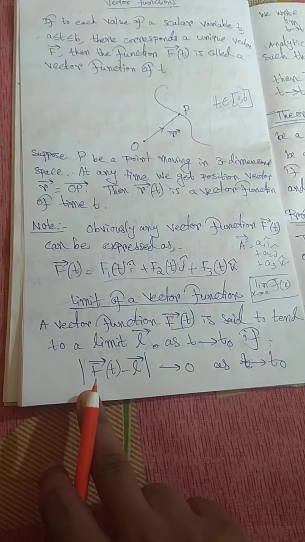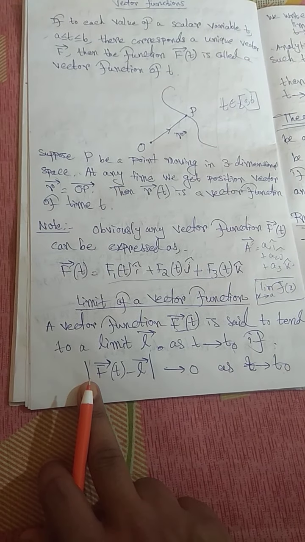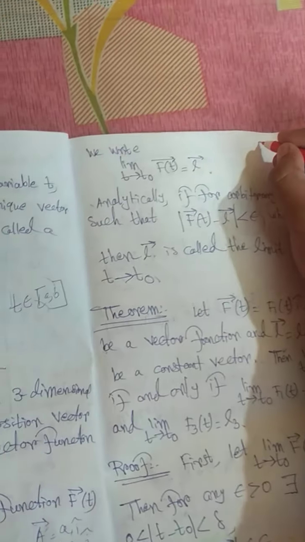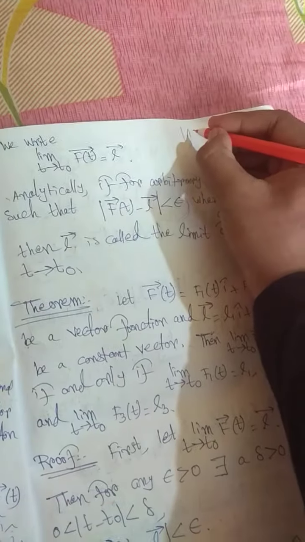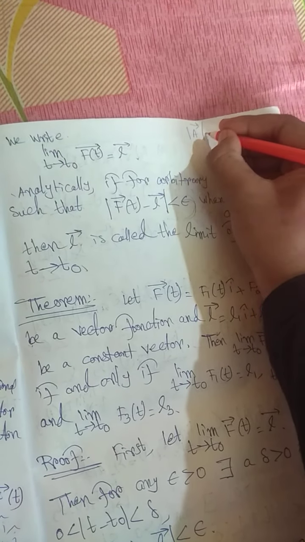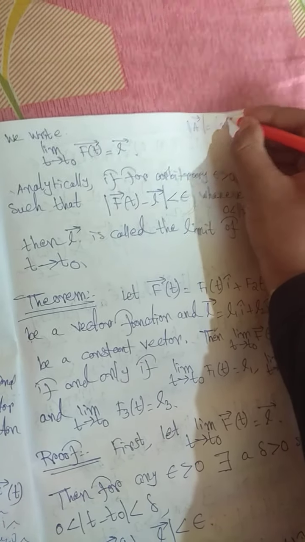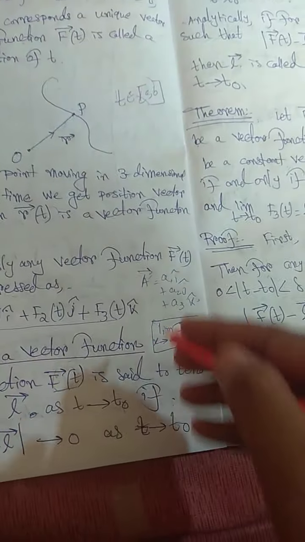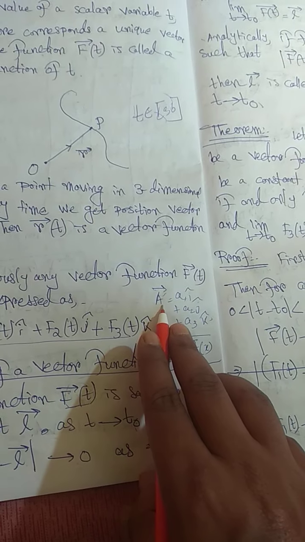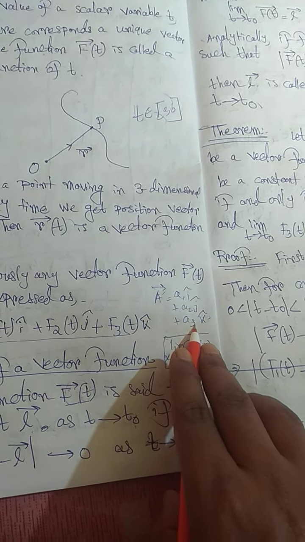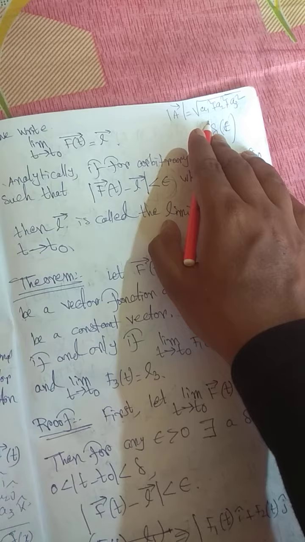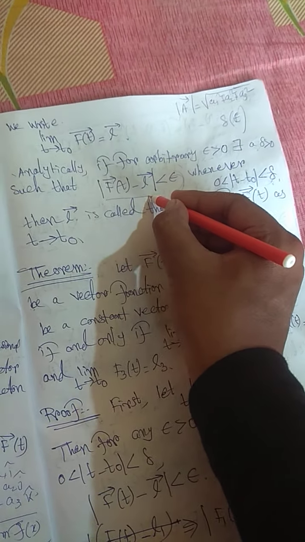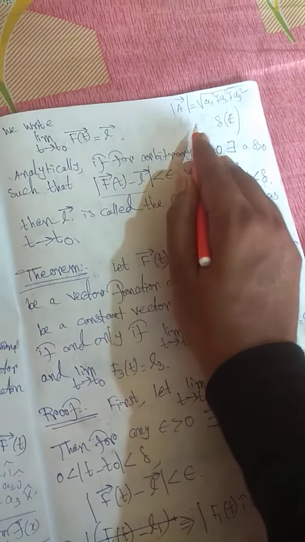And please be careful that in vectors, modulus means the modulus of a vector. Like this, in vectors, the modulus of A is the square root of A1 square plus A2 square plus A3 square, where A is something like this. If A is A1 i plus A2 j plus A3 k, then the modulus of A is this. So whenever I am talking about any modulus in case of vectors, you have to think that modulus means this.